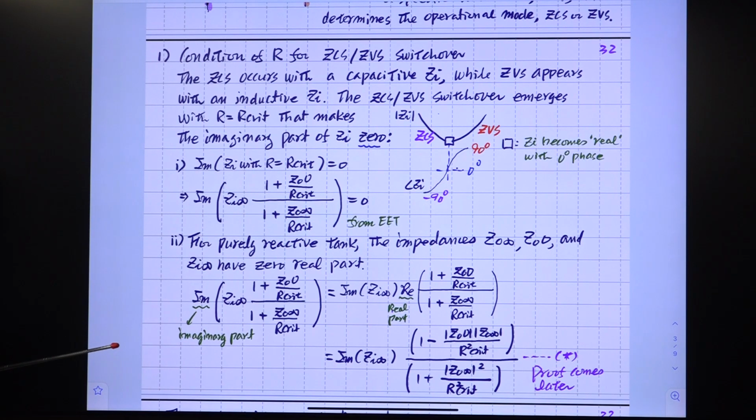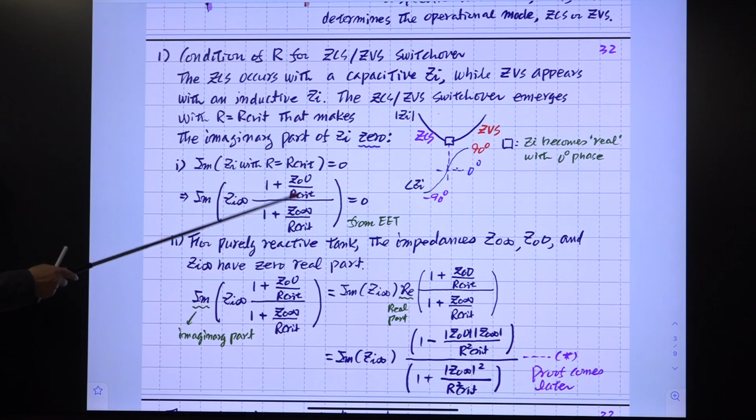At the given frequency, you know the magnitude and the phase of GI. At some specific value of R, the phase becomes 0, or the imaginary part becomes 0. That value is R critical. So very easy to figure this out. The resistance value R critical, which makes the switchover between GCS and GBS, is the value which makes the imaginary part of the GI become 0. This is the expression.